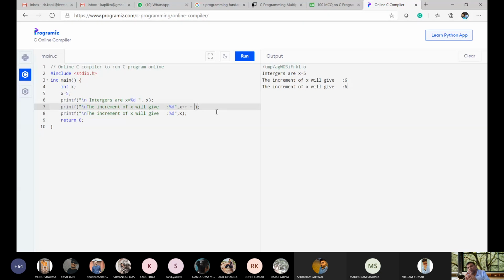Then again I am writing x++. So now 5 plus 6 is 11, but after that the value is also incremented, and the current value of x will become 7 because it is incremented 2 times. So let me run this program. Clear? Yes, sir.